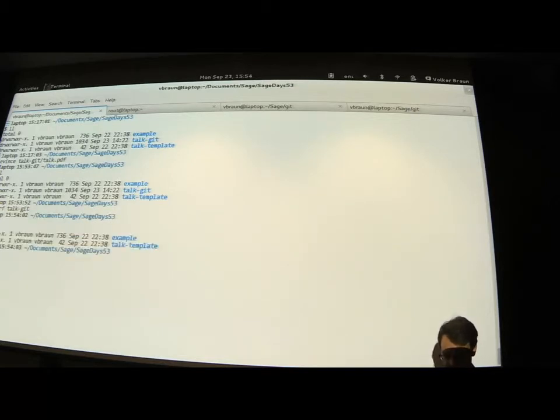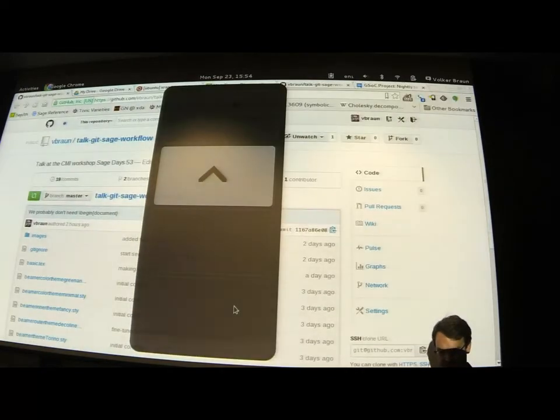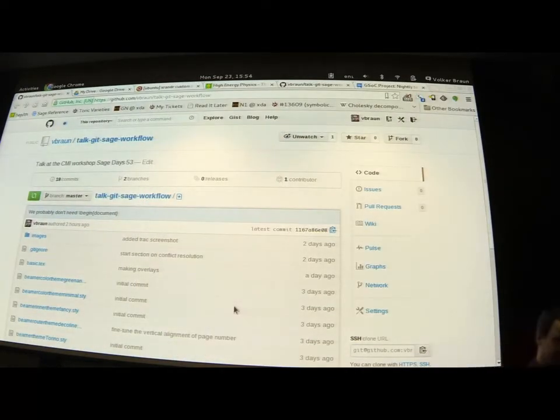Then the talk is gone. So that's the usual case. You type some wrong command and you screw up. What are you gonna do now? Your source code is gone. Of course, not if you have backed it up. You do make backups, but